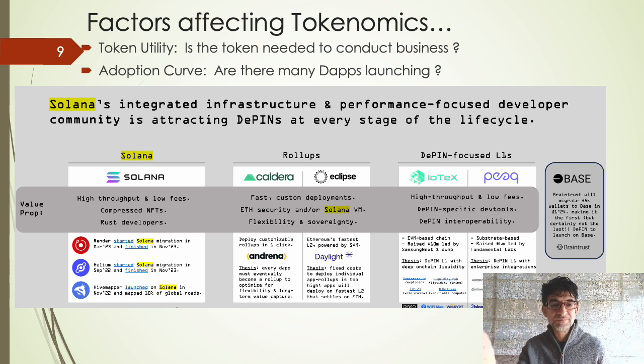You could do that for gaming. And then you've got Helium, which is for hotspots in mobile, basically a replacement of your expensive Verizon and AT&T cell phone service. And of course, you have Hive Mapper, which is a replacement for Google Maps. So this is a very hot area. So it's a very high use case for Solana. So that means Solana's native coin, Sol, is going to have high natural demand. And that's been very important, organic demand.